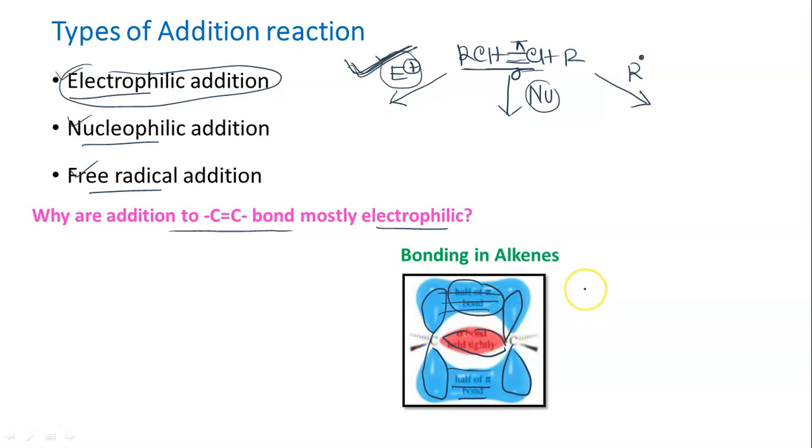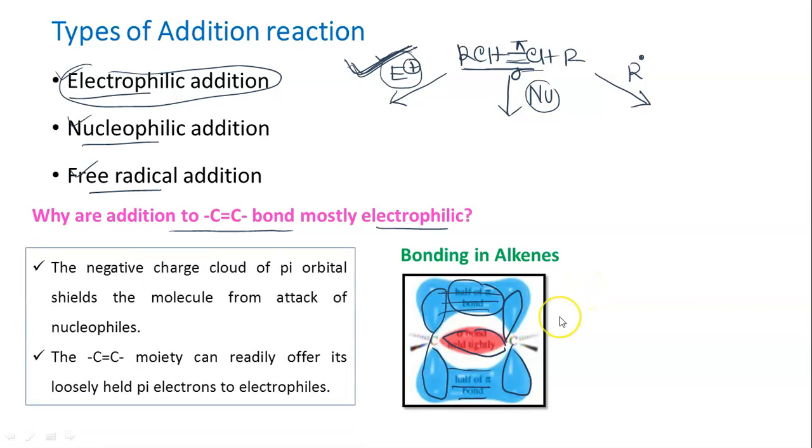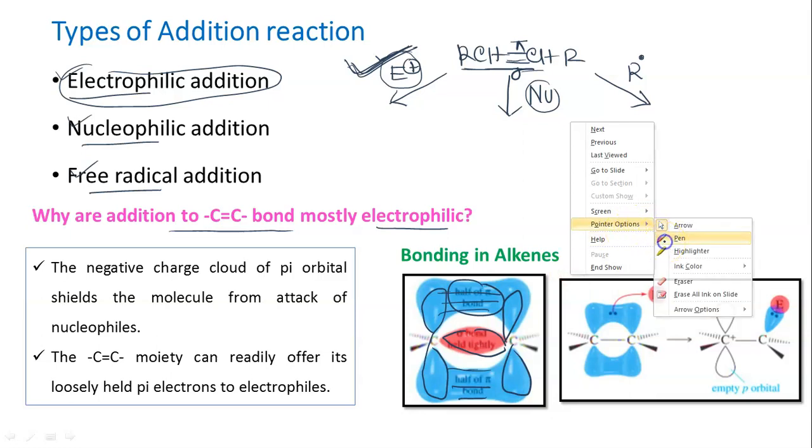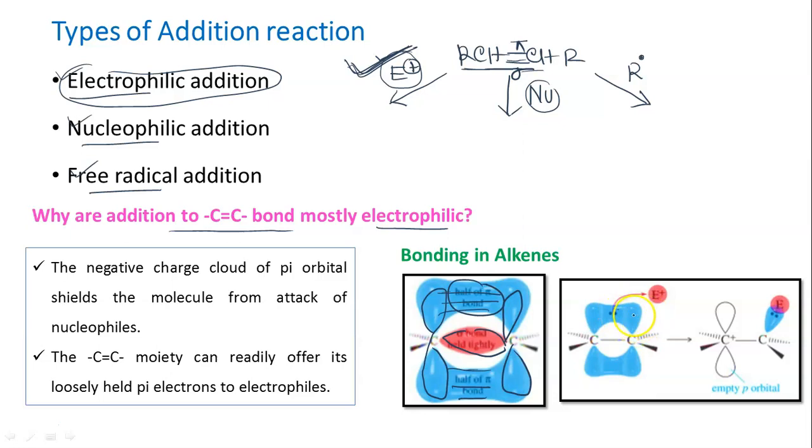So that's why when the E plus is attacking, it can readily approach the loosely held pi bond. Now the loosely held pi bond, this part, is as if acting as a nucleophile and it is approaching the electron deficient species. So this is our electrophile. But if suppose some nucleophile is approaching here, it is not a very favorable process. Why? Because there is already some loosely held electron density, and we are adding a reagent that is also a nucleophile. Nucleophile means it is already electron rich. So there will be electron repulsion.